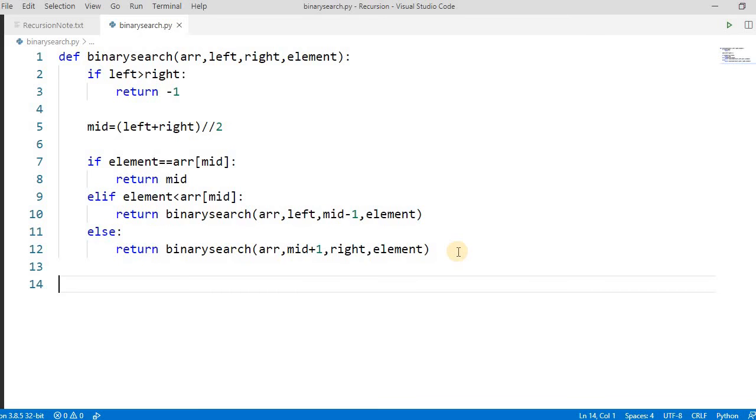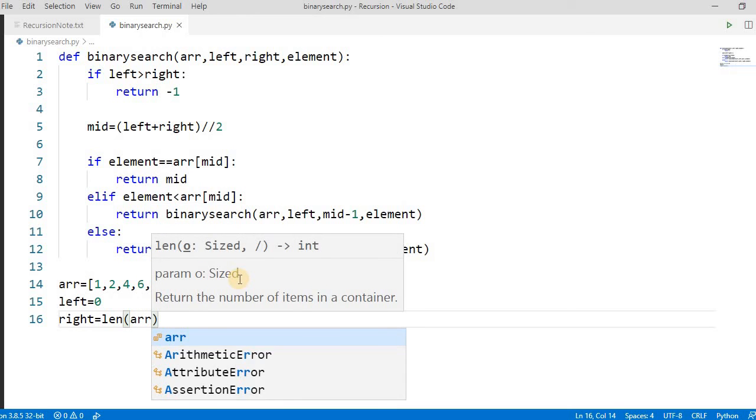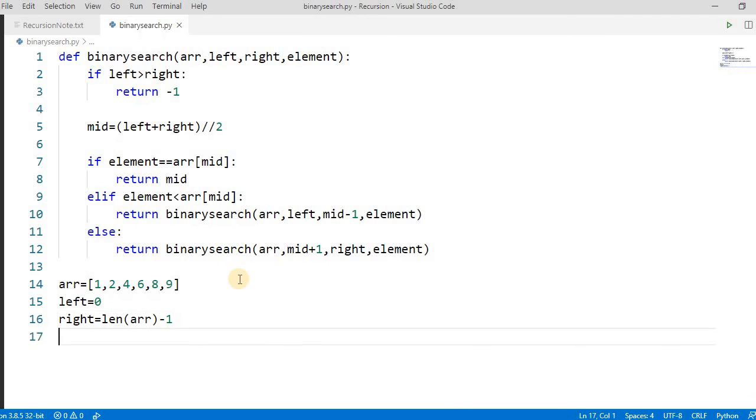Let's take an example. Let's declare one array, something like 1, 2, 4, 6, 8, 9, right? Okay, and then we take left as 0 and right as length of array minus 1, and the element to be searched, let's say 4.